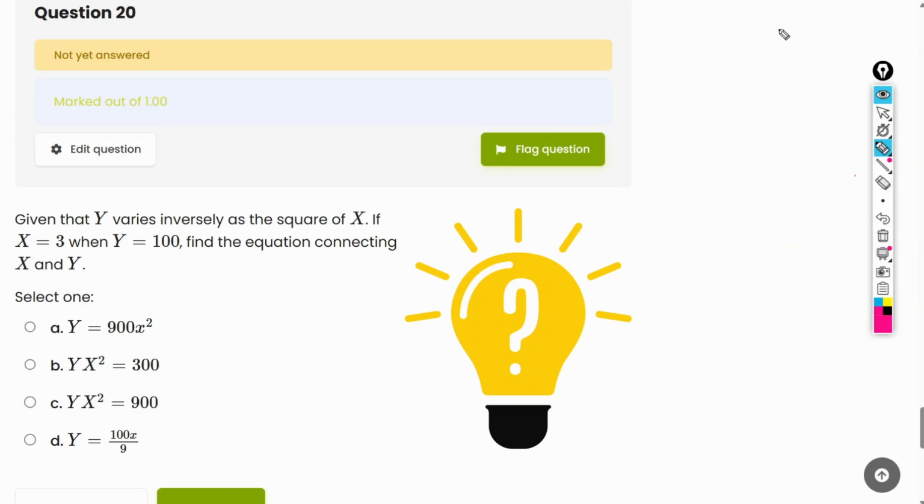All right, so given that y varies inversely as the square of x, if x is equal to 3, so we're told that capital X is equal to 3,